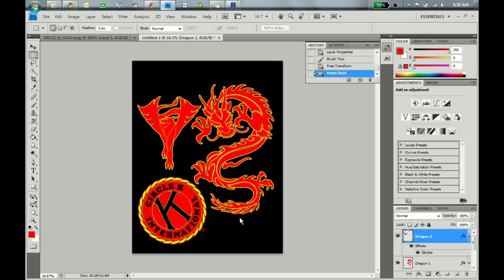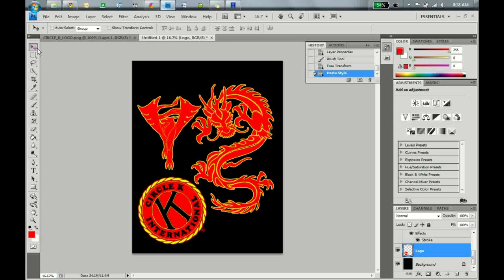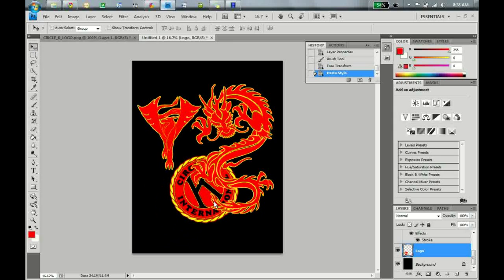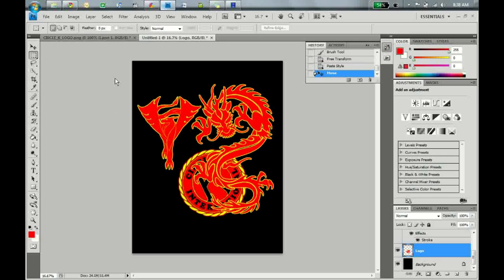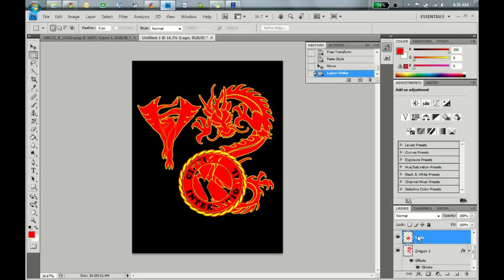Okay, so maybe the next thing we want to do is put the Circle K International logo in front of one of the dragons. And this is where we learn layer ordering. In order to order your layers, you just have to click and drag and put them on top of each other. So let's say we want to put this layer in front of Dragon 1, and now it's in front of Dragon 1. But there's a problem because, first of all,